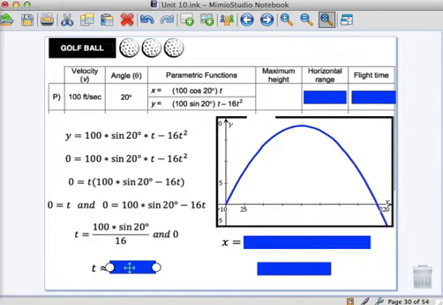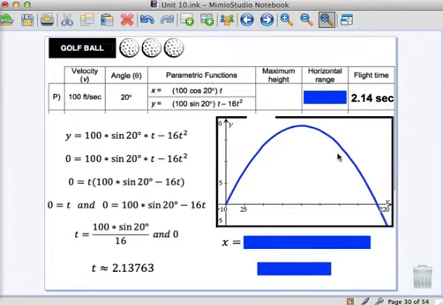I'm just going to plug it into my calculator, and I find that t is approximately 2.13763. Okay, when I'm showing my work on my paper, I'm going to use this value, but when I calculate it out on my calculator, I'm not going to type in 2.14 or whatever, because that's a rounded answer. I want to be as accurate as possible, so I'll actually type in this. But for space, just type in the 2.13. All right, so that's my time when y is 0 for this point here. So because my time is 2.13 seconds, or 2.14, I guess, I can say that my flight time would be